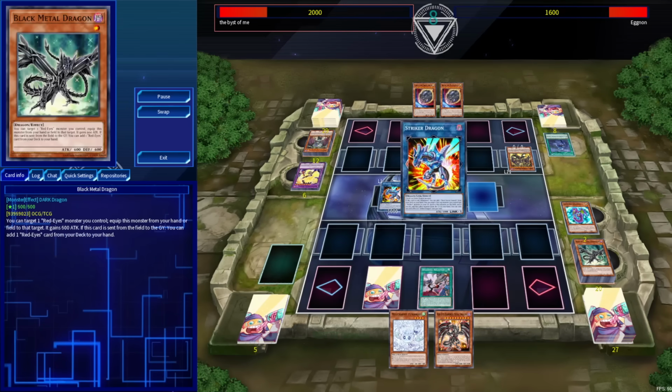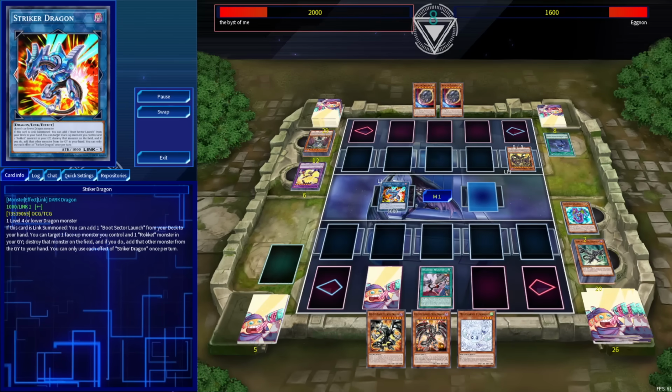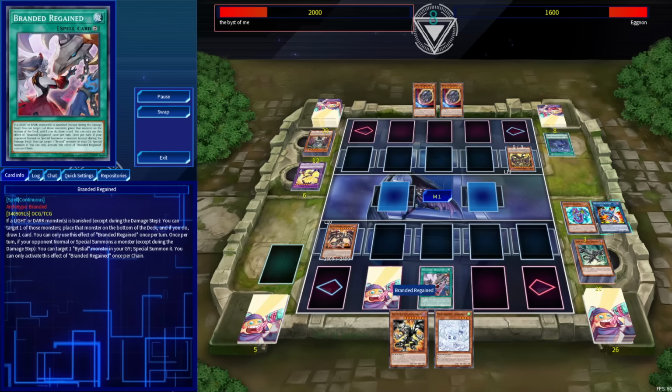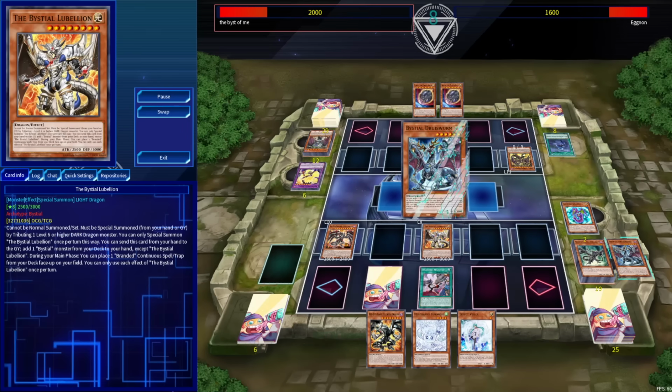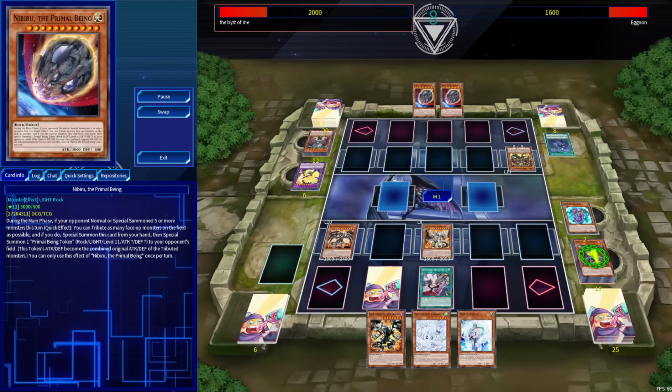We're going to go for the Max Metalmorph. Now it's time to go for the Striker Dragon, Black Metal Dragon into a copy of Full Metal Dragon. Again, we'll go for DMD. That's going to trigger the Regained and allow us to activate the DMD in order to summon back the Druisworm, cycle it for the Lubellion, Druisworm, target the Terra Incarnate, the Nibiru again, which is just so irritating,